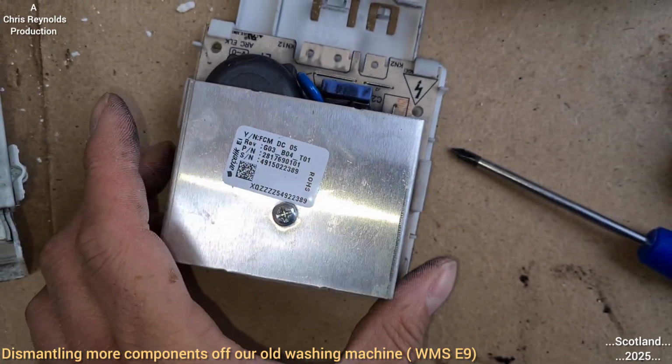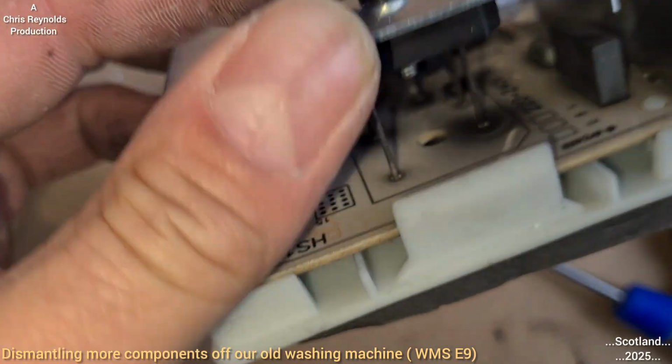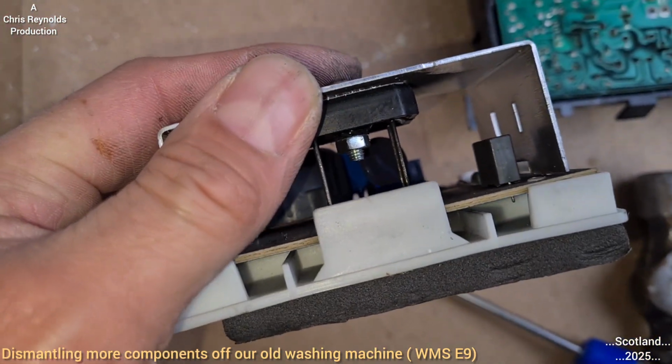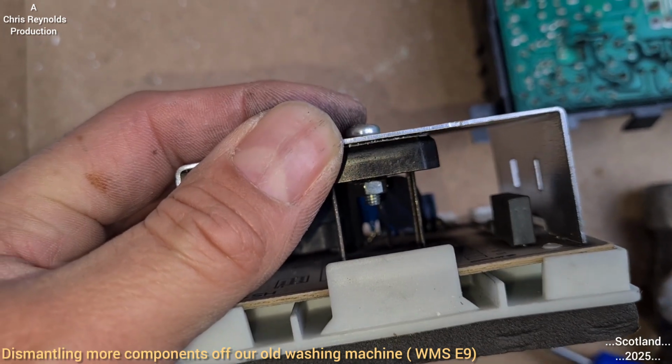I'm not a mechanic, I'm an electrician. I just do what I need to do to get this off. As I say, this is really for entertainment purposes only. There are procedures to do it properly, but...